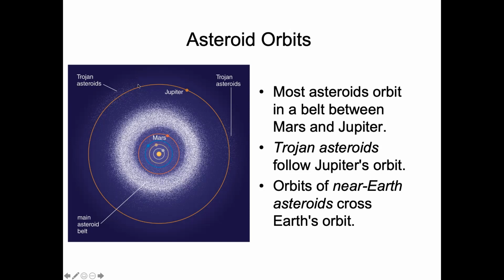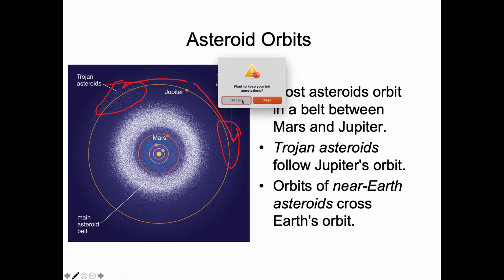And then there are these Trojan asteroids, asteroids that orbit just ahead of Jupiter and just behind Jupiter, right? Equidistant from Jupiter in either direction. I'm going to draw that for you here. On either side, there's like this collection of asteroids in here. These are our Trojan asteroids, right? And so there are a bunch of asteroids.